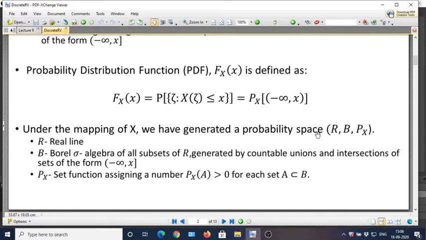Now we have an equivalent probability space where, in place of the sample space, we have the entire real axis R, and in place of the event space, which is a sigma algebra on the sample space, we have the Borel field, which is intervals in the real axis which are